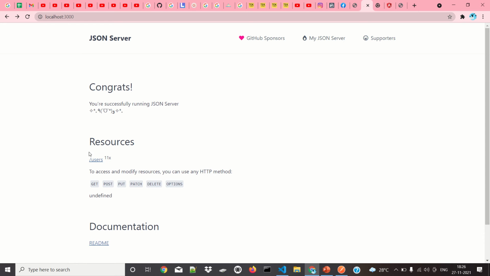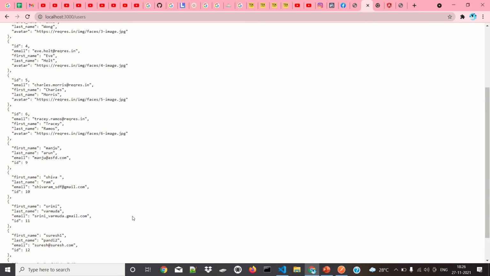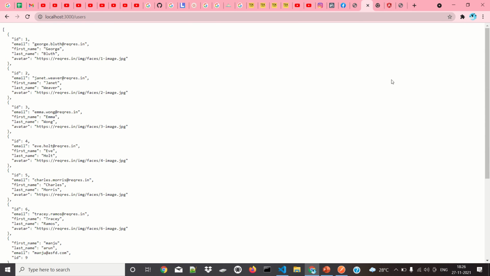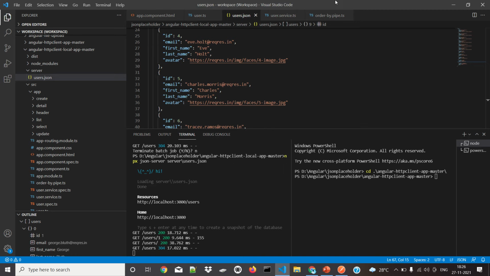It will be available only in the application or in the network resources. So I'll go to the users now. We have the data present here. Once I enter some data in our application, we need to refresh here and then check whether the data is present or not. If we are accessing any particular items, they will be listed here.